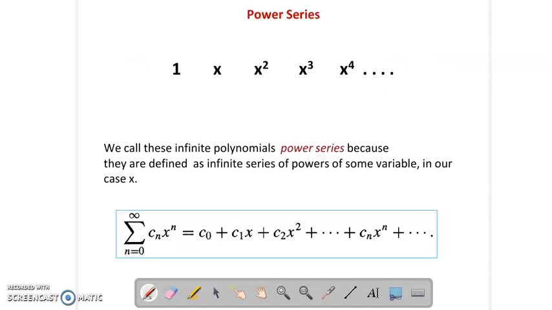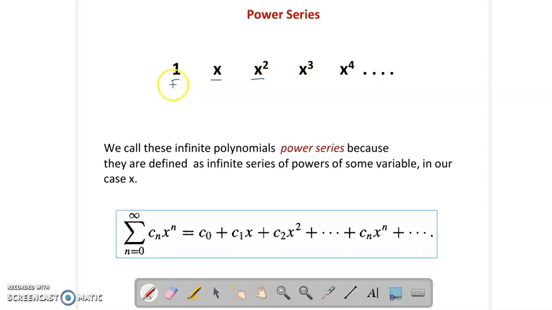So, let us define a power series. To define a power series, consider the powers of x. We have x to the power 0, then x to the power 1, then x to the power 2, and we keep on going like this. The idea is to combine these powers of x. So how do we combine them? We multiply these powers of x with some constants and then add them up to make a power series.